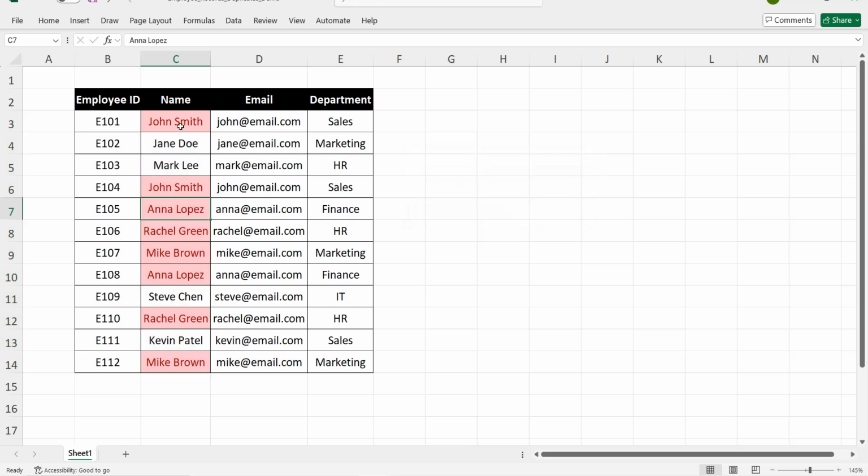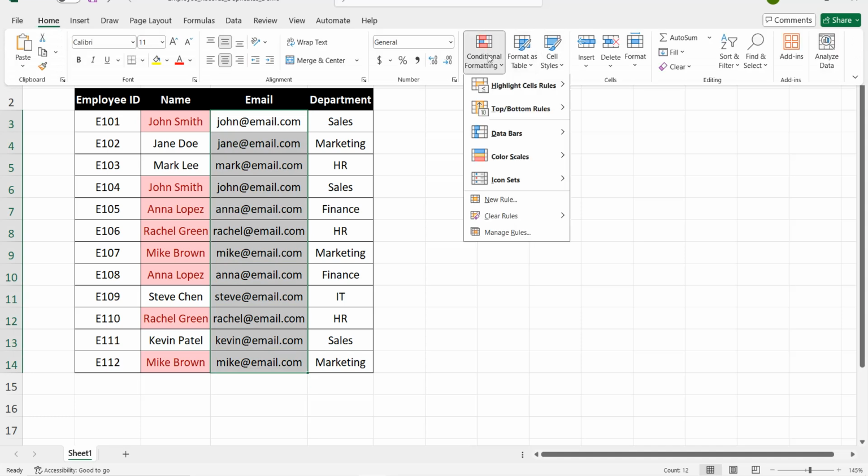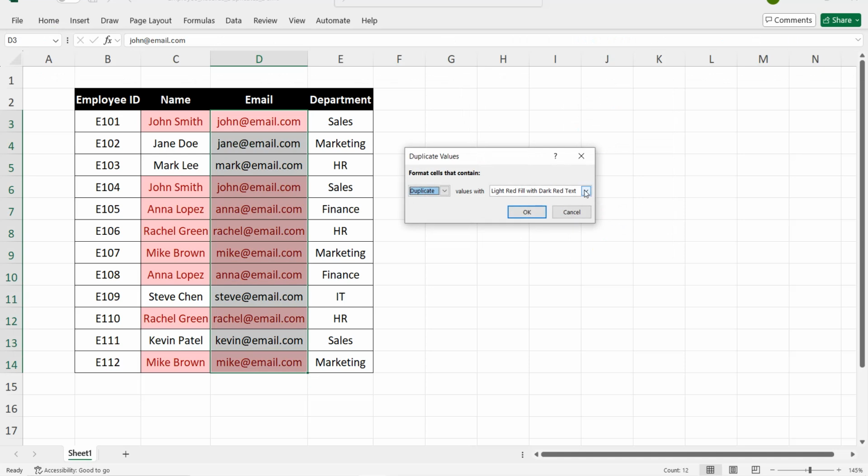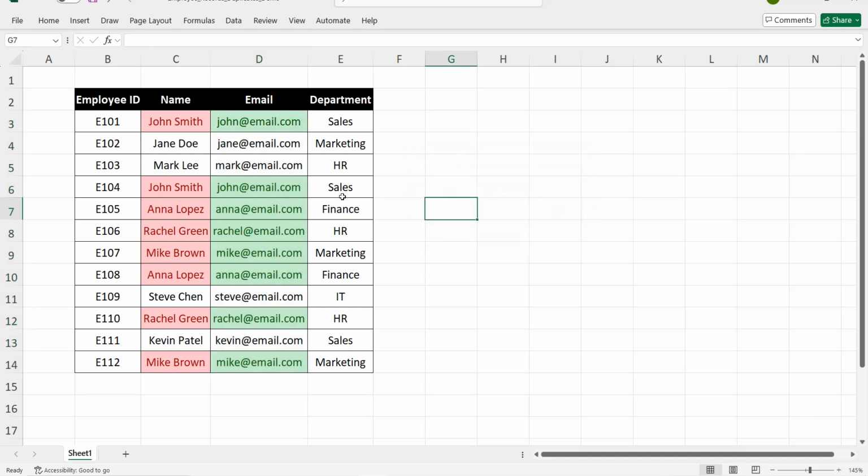So as you can see here, we have John Smith, which has a duplicate, Anna Lopez, Rachel Green, and also we have Mike Brown. We can do the same thing for the email. We select all the cells, Home, Conditional Formatting, Highlight, and Duplicate Values. You can choose another color. Okay, so as you can see, we have duplicate values,